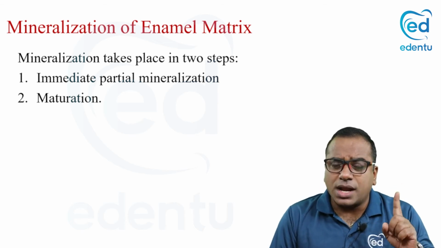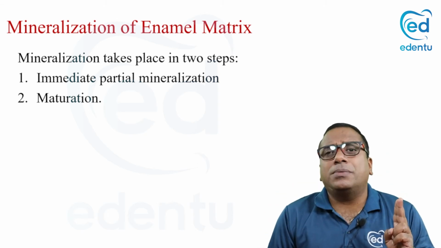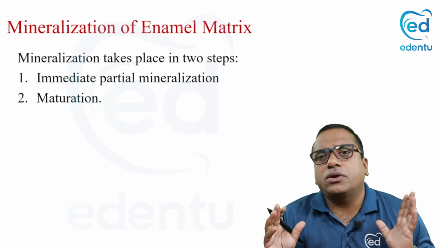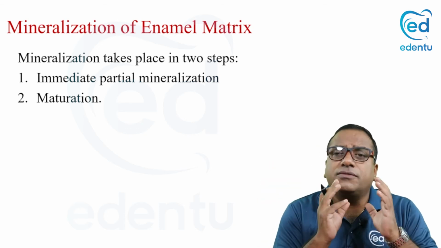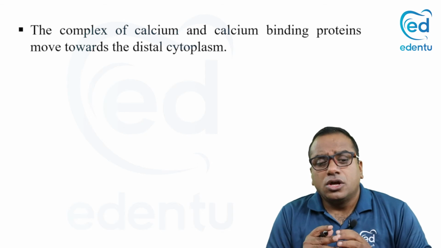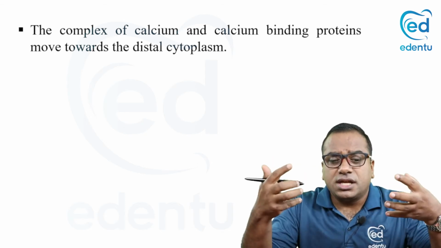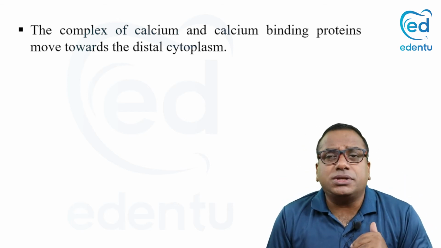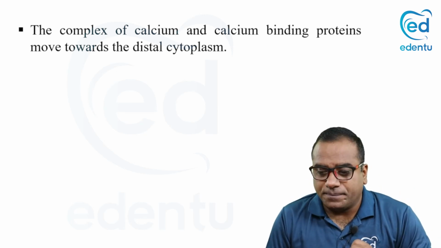Mineralization takes place, one, extracellularly around the cells, and two, from the secretory ameloblast itself, which does a little bit of mineralization, and calcium is required for this. Once the calcium comes from tissue fluids, it is actively transported into the cell. So now the complex of calcium and calcium binding proteins moves towards the distal cytoplasm. The calcium came into the cytoplasm and moves towards the distal side of the cell,